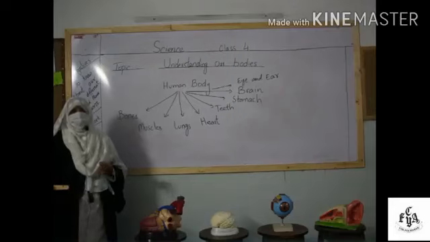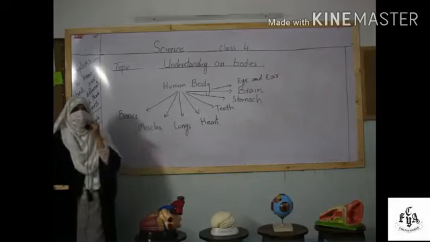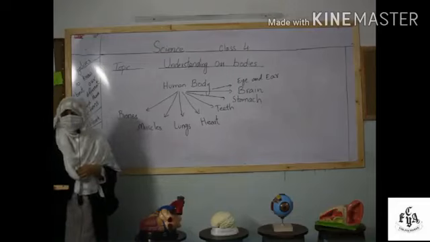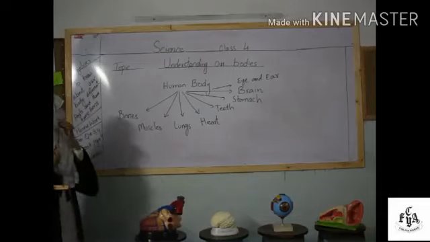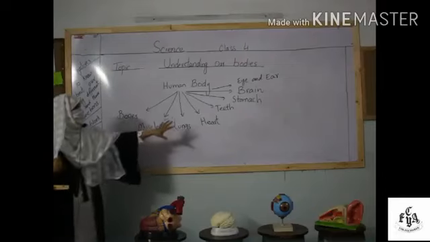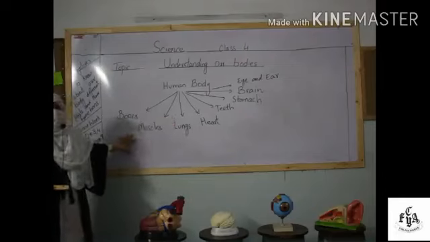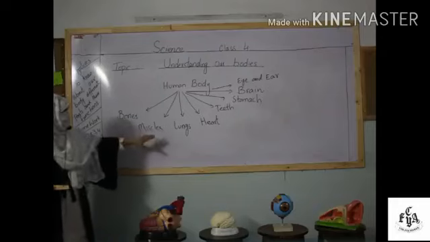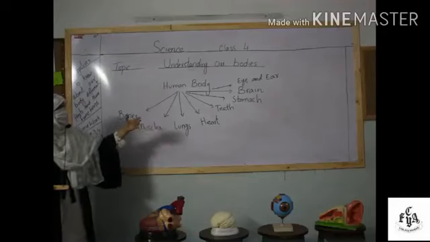One is man-made, and the human body is also taken as a type of machine, right? And what we are using is energy. We are using energy in the form of food. The food which we are taking gives us energy, and that is used to perform different functions in our body, right? So in our human body, there are different body parts inside it which are performing different types of functions, like the bones, the muscles, the lungs, the heart, the teeth, the stomach, the brain, the eye, the